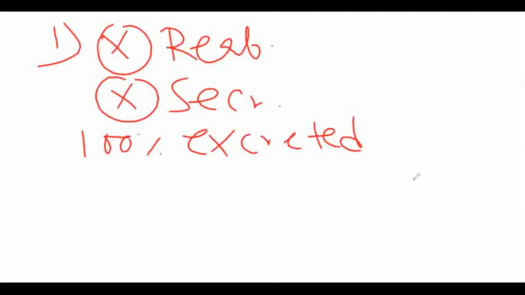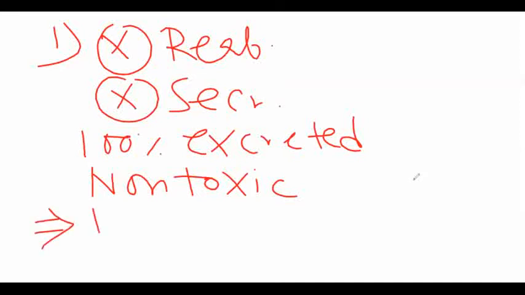It is also non-toxic and not harmful to the body. The main disadvantage of this agent is that you have to give it by the intravenous route. So this is the exogenous agent which you have to give